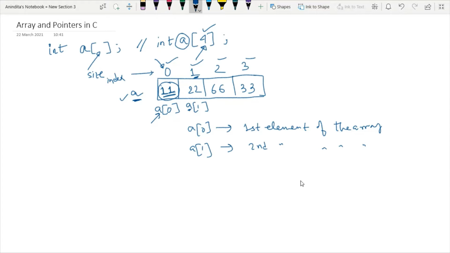Now the point is that each and every array basically has three components: index, array name, and the address. Now you have to understand how the address of an array will be assigned. This is a very important point. As I defined in the previous class, whenever we define any variable, a memory space will be allotted for that variable, and that memory space should have an initial address.